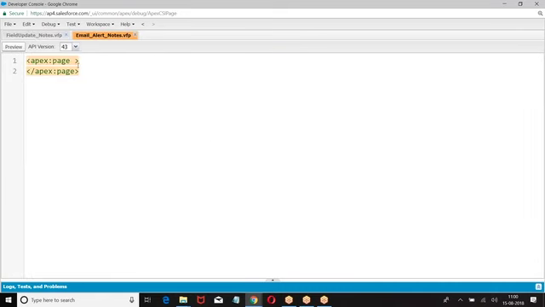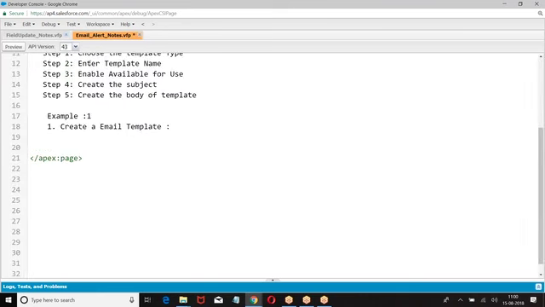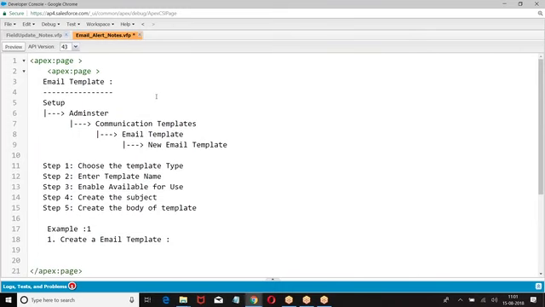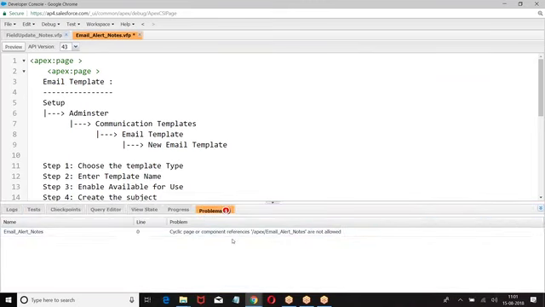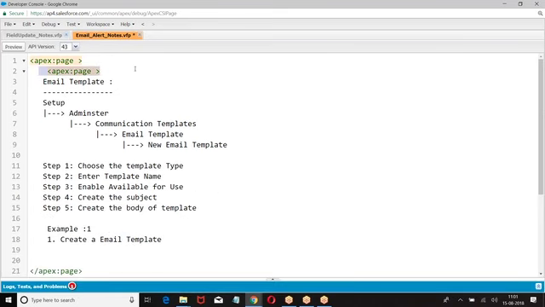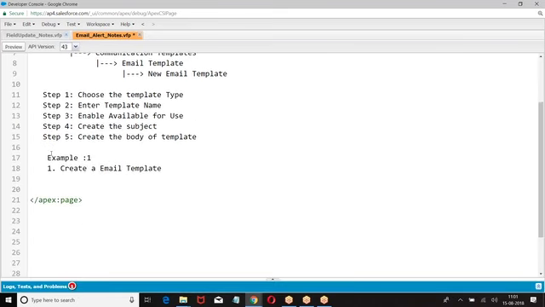Yes, we already created the email alert. So, create an email template.